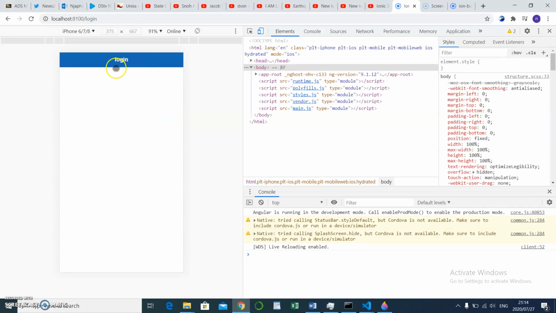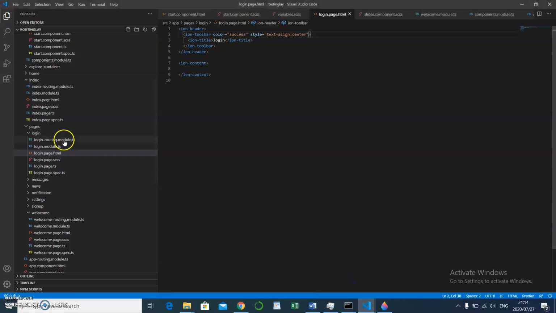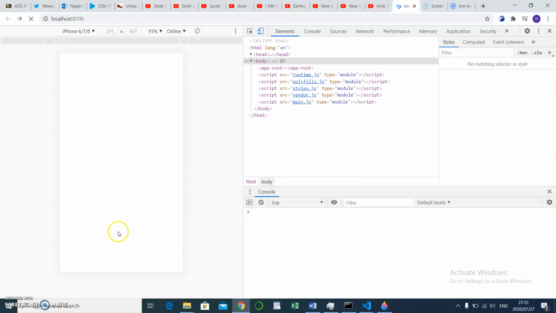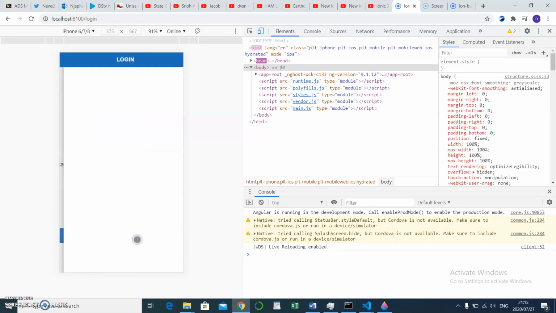So login, you can see, we can also change it to capital letters, so everything is consistent. The start button is in capital letters, therefore let's also make the login button capital letters. The same thing can also be done